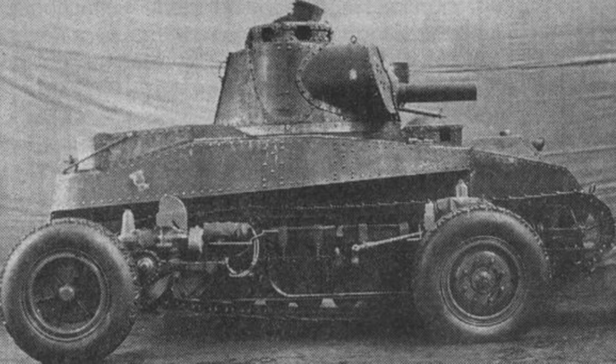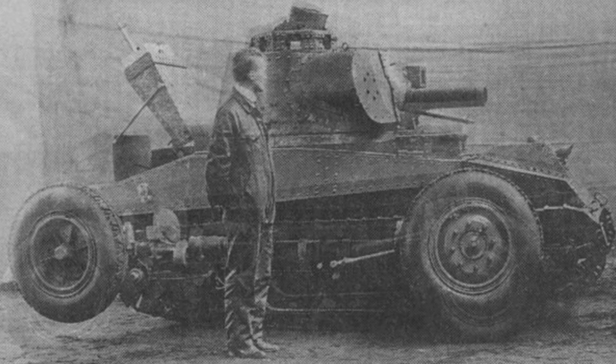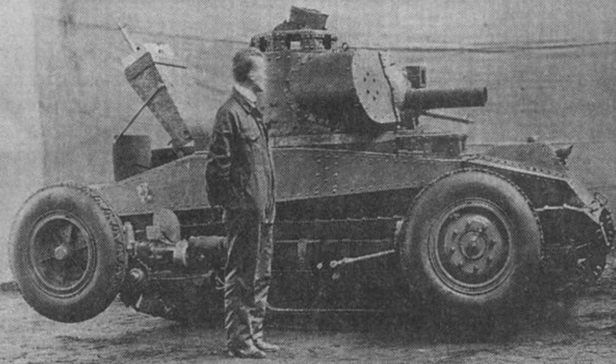The ostensible Landsverk design, on the other hand, was the Leichter Traktor Raupen Kampfwagen M28, a rather interesting design that could run on wheels or tracks, with all or most of the 6 tanks built in Germany by Maschinenfabrik Esslingen. I have seen some sources saying that 2 were built in Sweden by Landsverk, but I'm not able to confirm these, with one of these tanks being tested by Germany in the Soviet Union,